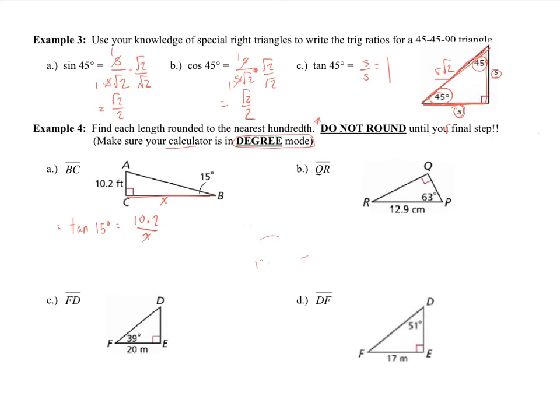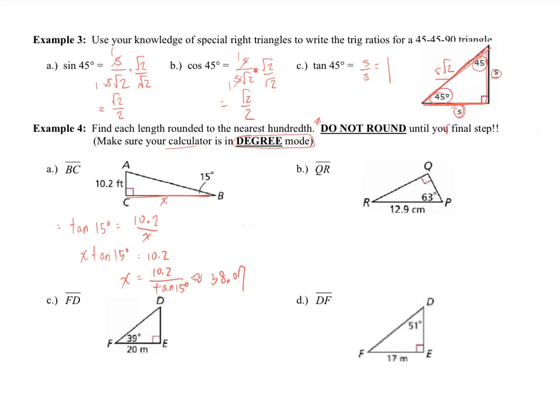So to solve for x, this would be x times tangent 15 degrees equals 10.2, and x would equal 10.2 divided by tangent 15 degrees. And then using your calculator, all you have to do is type in 10.2 divided by tan 15, and you should get about 38.07